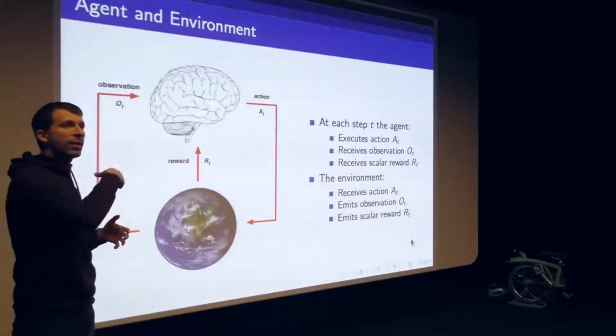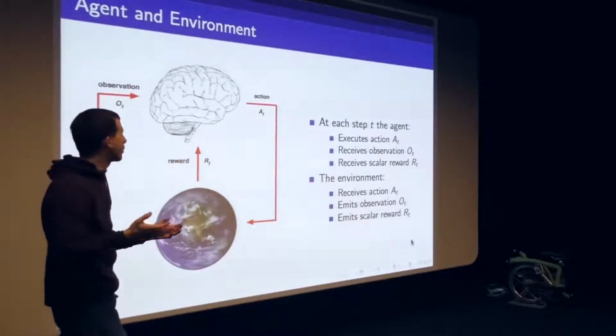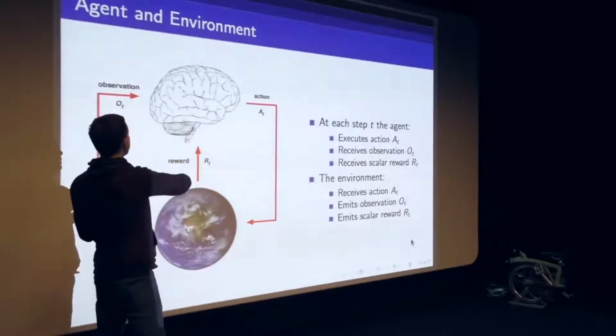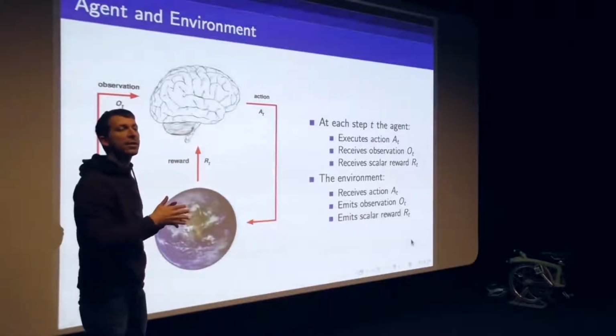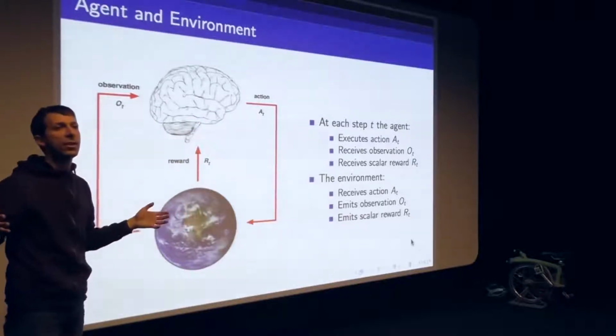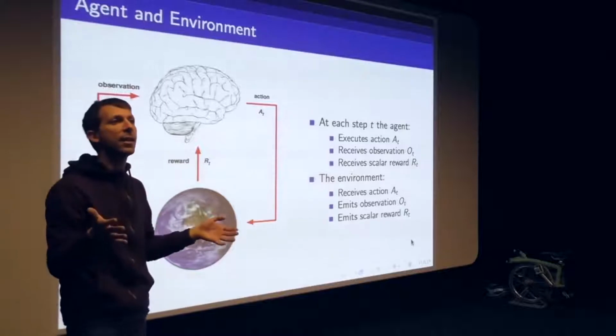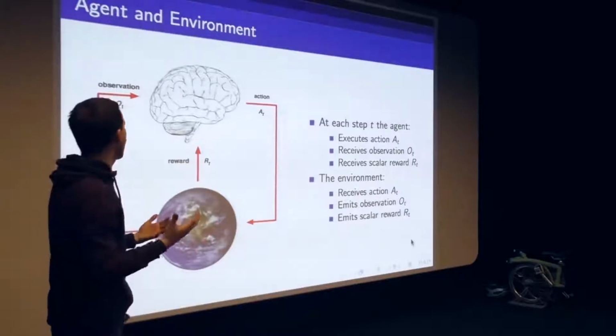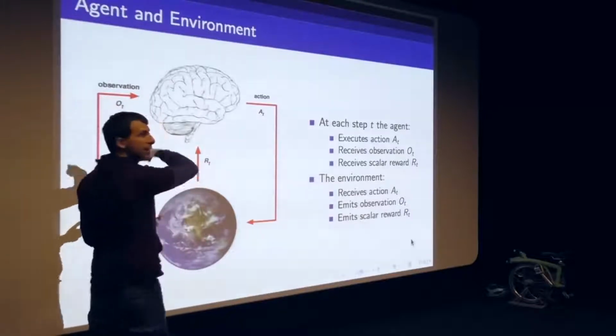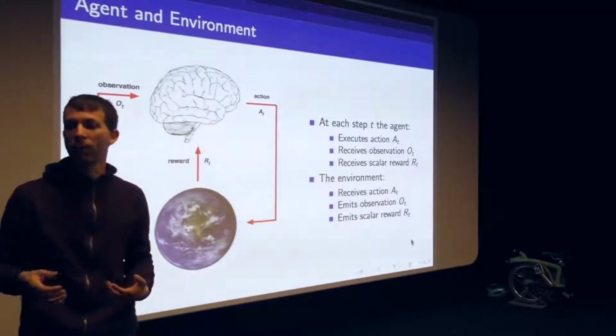And this just goes on, and the trial and error loop that we define for reinforcement learning is basically a time series of observations, rewards, and actions, and that time series defines the experience of the agent. And that experience is the data that we use for reinforcement learning. So the machine learning problem of RL is concerned with this source of data, this stream of data coming through,